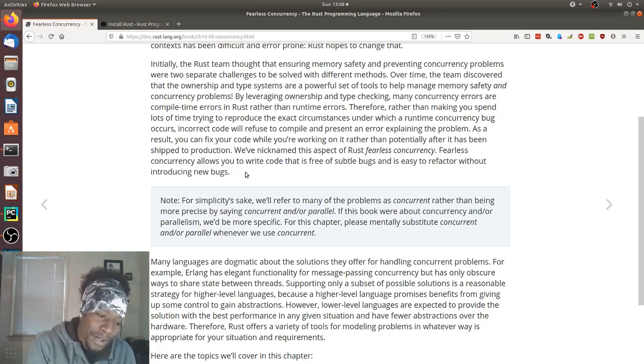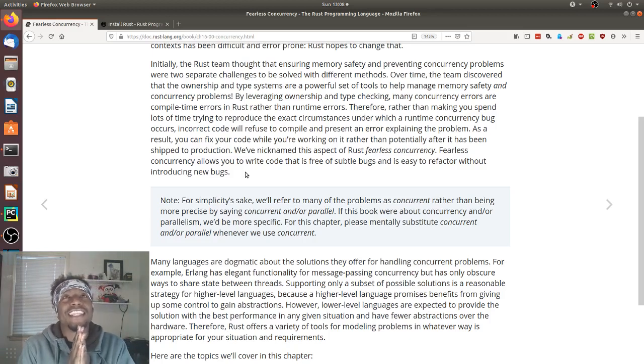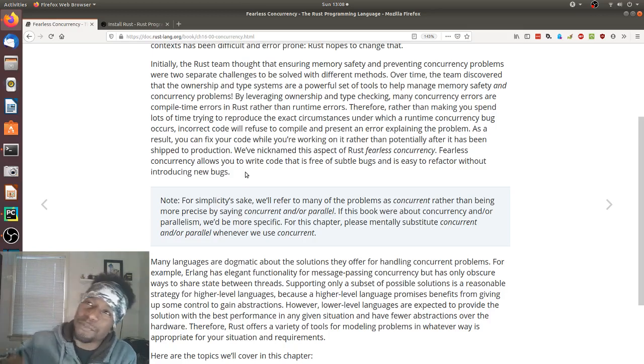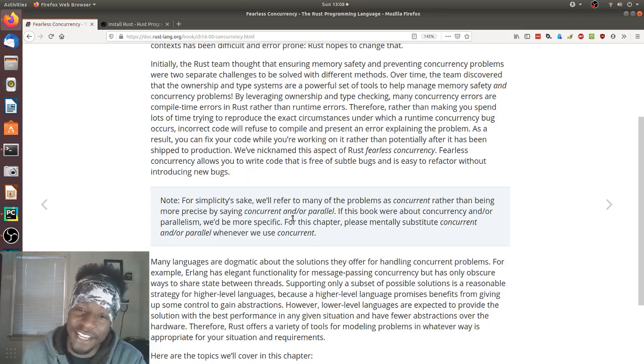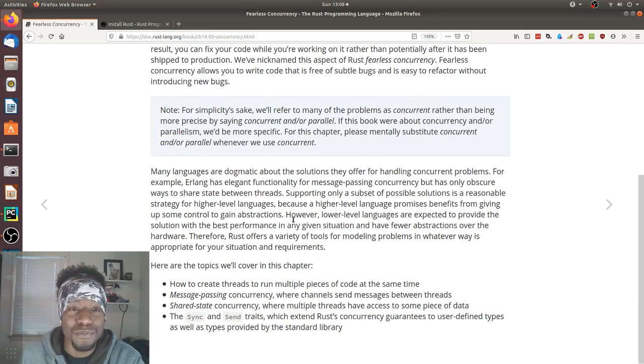One you learn about while you're programming and writing it up yourself, which is a beautiful time to learn about an error. And then the other one is after you've written it, tested it, and felt secure with it, it goes out to production, and then an error happens, and then you have to figure out what exactly happened. Those are the runtime errors. We don't like those. So yeah. I hope this is true.